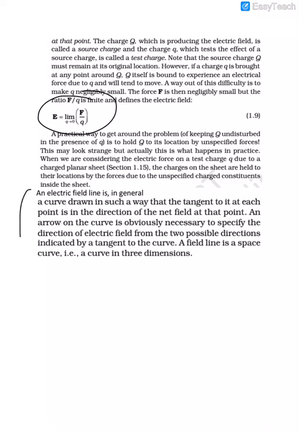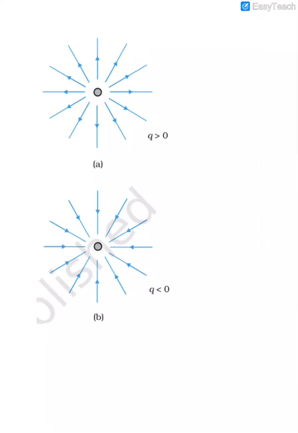Okay, now we are going to move on to another aspect of electric field, that is electric field lines. Electric field lines are curves drawn in such a way that the tangent at any point gives the direction of the field at that particular point. Generally what we do is that we tend to put an arrow. The arrow will give us the direction of the field, and this direction will be the direction of the force acting on a unit positive charge placed at that point.